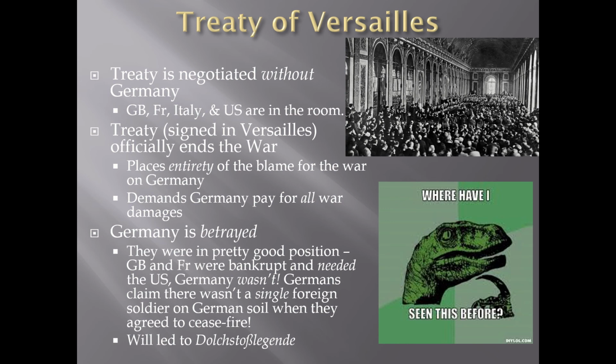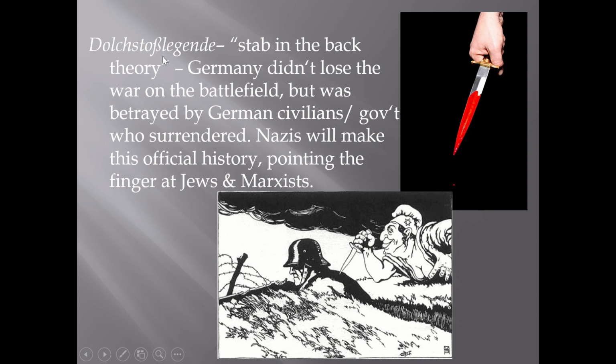And so they're in utter disbelief. They don't understand how the average German citizen goes from thinking they were winning this war to all of a sudden being the complete and utter losers of this war. How is that possible? This is going to lead to what's called the Dolchstoßlegende. So the Dolchstoßlegende, this funny-looking B is actually what's called an S-set. It makes an S sound. It's where, if you have two S's in a row, you put that there.